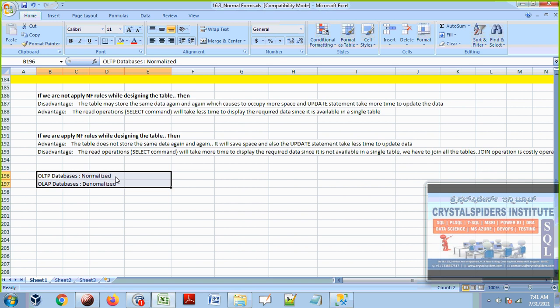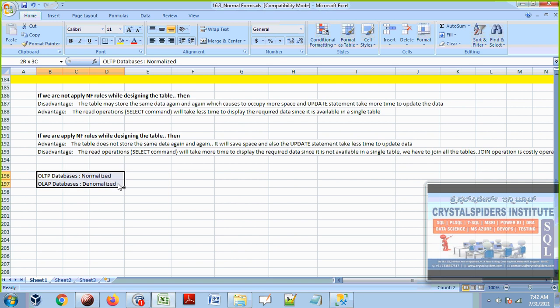More and more updates are expected on that data. And OLAP databases will have historical data, and usually those tables are not normalized, because we want to use these OLAP databases to read historical data. Let's say last 1 year sales data, last couple of years sales data, last 3 years sales data, I want to read it. When you are reading data like that, the read operation should be faster. That's where we have OLAP databases.